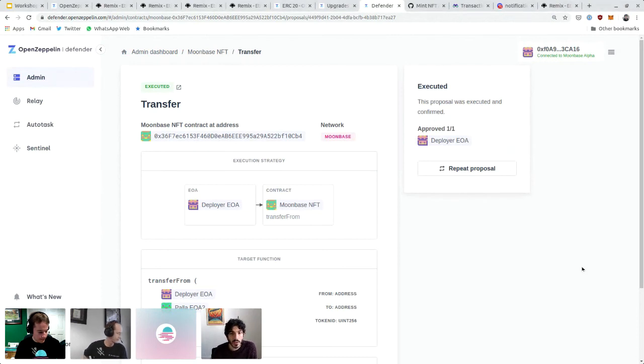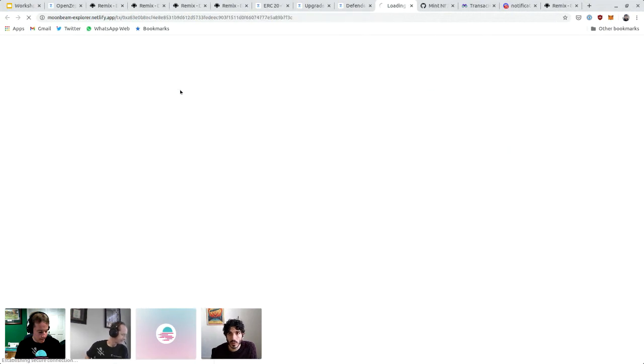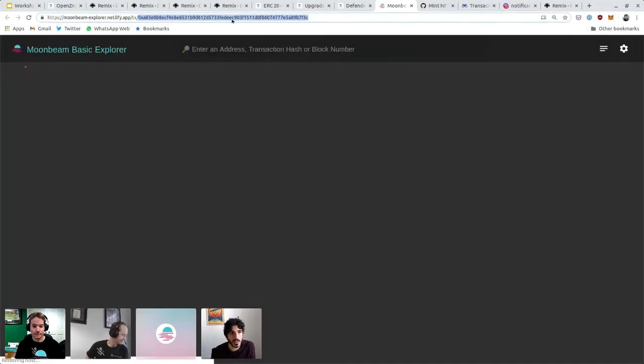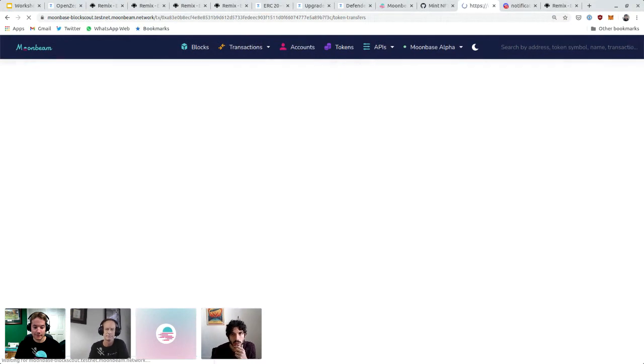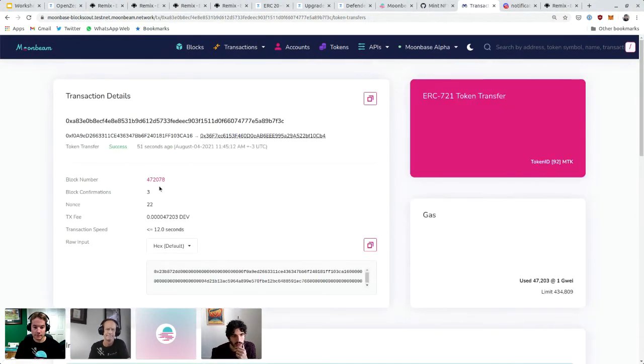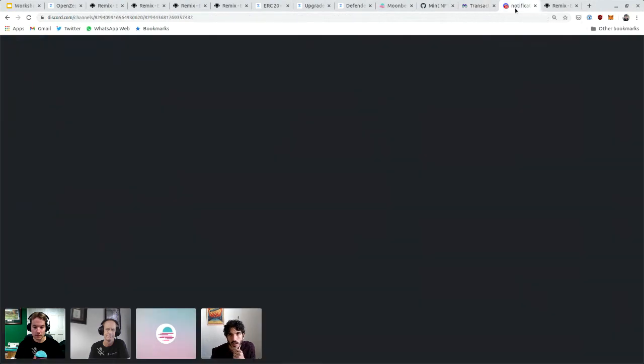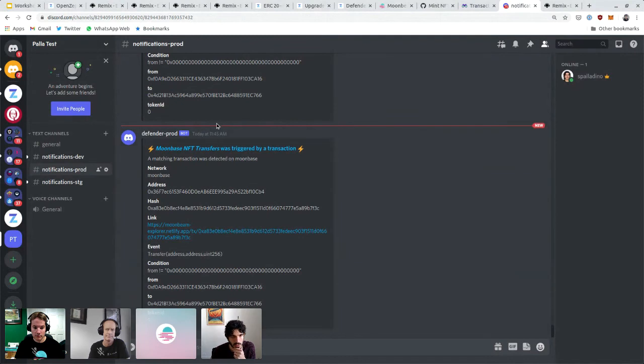So we have executed the transfer. It should have been already minted. Okay, we're here connected to the Legacy Explorer. Let's actually check this out on Block Scout. So whenever this is minted, and it already has 3 block confirmations, if we go to Discord, we see that from just 1 minute ago,